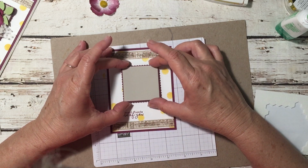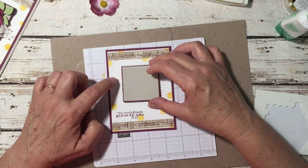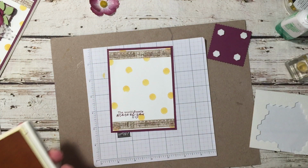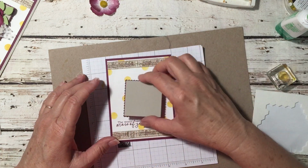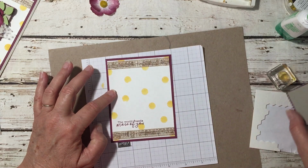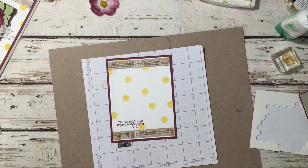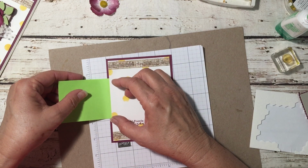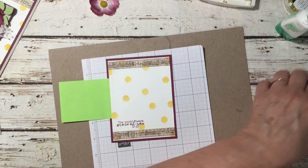Right there, just like that. And I think that we do need another yellow dot over here. So let me bring this back where I wanted it, right about there. And it's going to come off, but let me show you a little tip if that happens to you, is you can just take some paper so that you can protect the side of your,